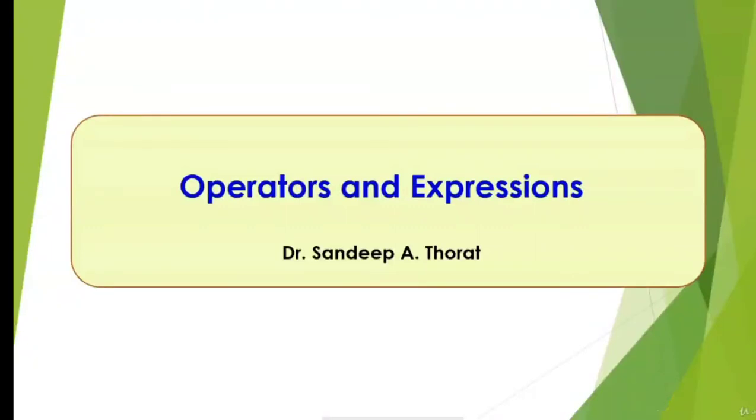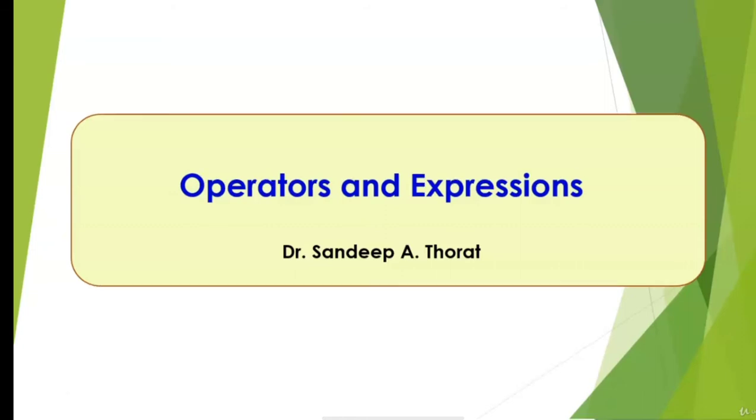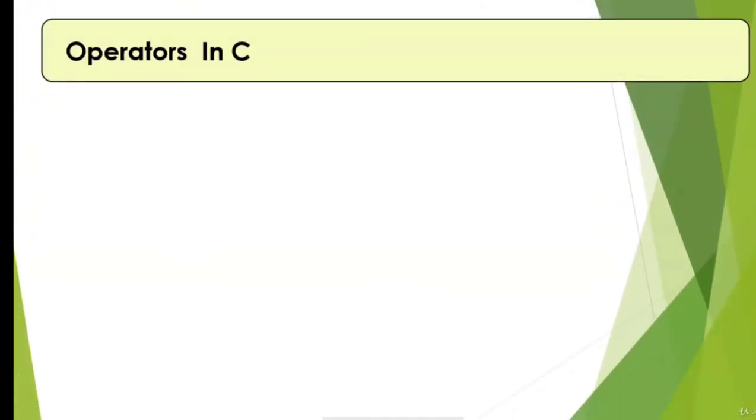In this session, we are going to discuss operators and expressions. There are various types of operators in C language. We have the arithmetic operators, which are helpful to us while performing arithmetic operations. Examples are plus, minus, multiplication, division, modulo. Plus can be pre-increment or post-increment, and in a similar way, minus can be pre- or post-decrement.